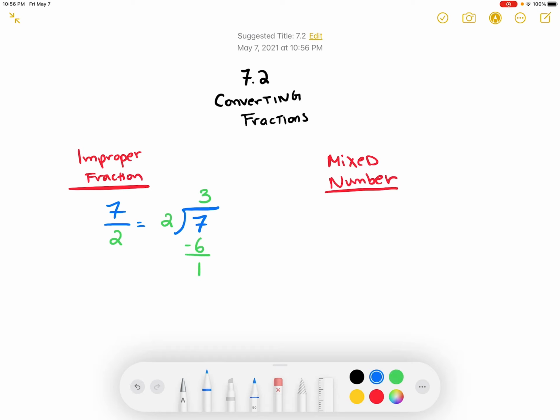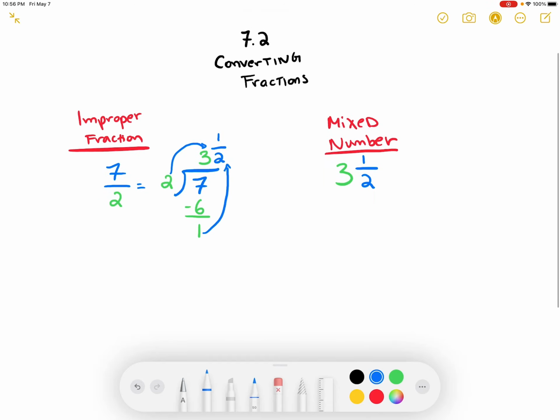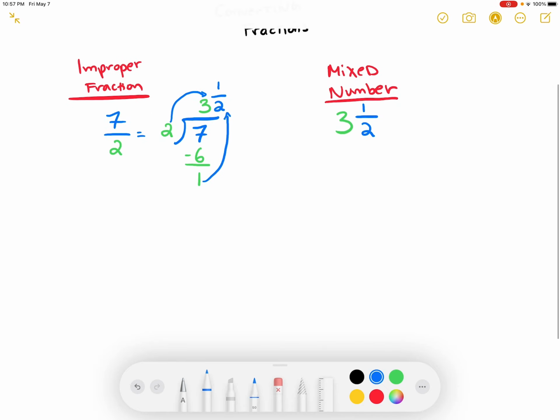When you get to this point, all you do is you take this number, you put it behind the 3, or the number you got up here, draw a line, and then you put this number as the denominator. So the mixed number would be 3 and 1/2. So that's how you go from an improper fraction to a mixed number. You just simply divide. The other way is to go from a mixed number, 3 and 1/2,